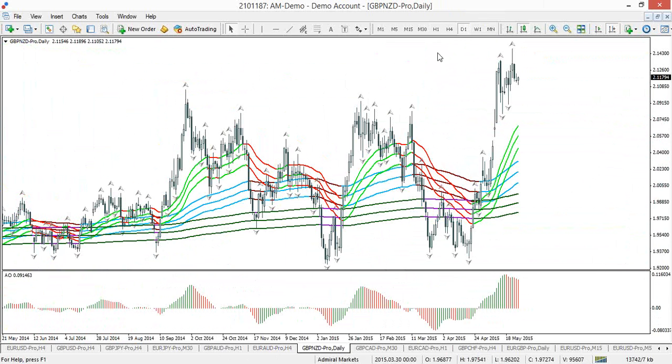Now, tying these multiple time frames together can sometimes be a bit tricky. For instance, here we see price very far from the moving averages, all aligned to the upside. So on the daily chart, you might think, oh, that's a close the gap trade. The moving averages are below me. But just because the moving averages are lower than price doesn't mean there's an automatic close the gap trade. We have to really be